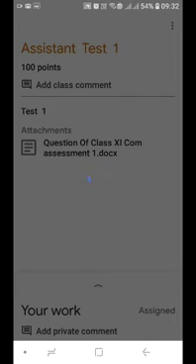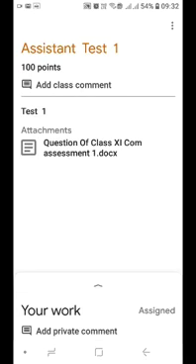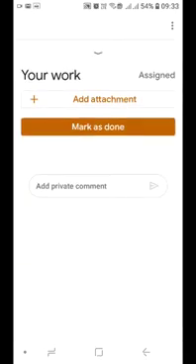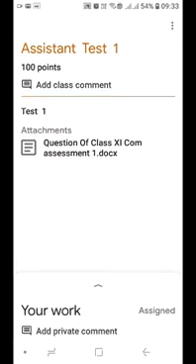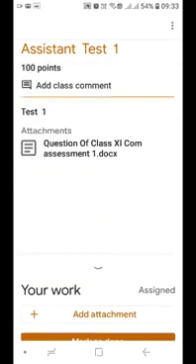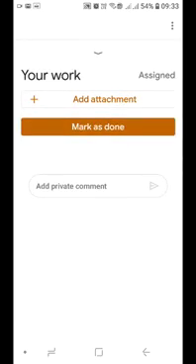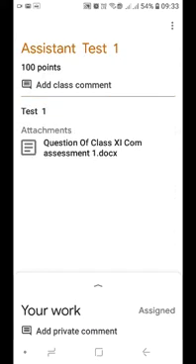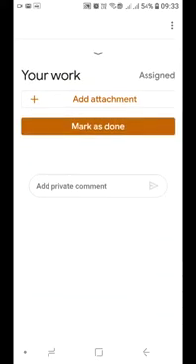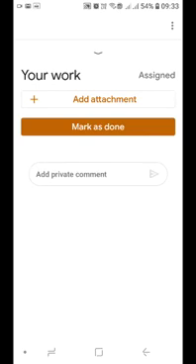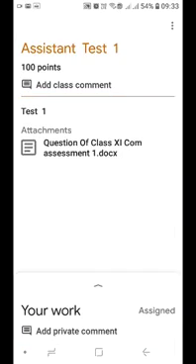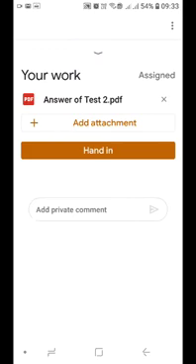Your net connection should always be on, else the work cannot be completed. Just a moment, it is taking a little bit of time because of the net connection. It came.